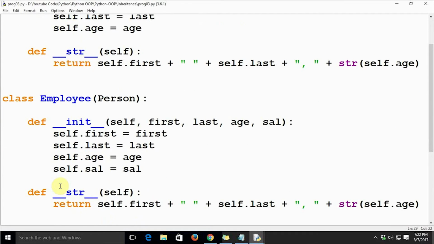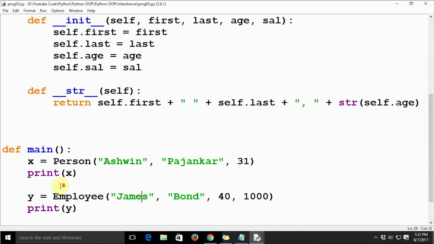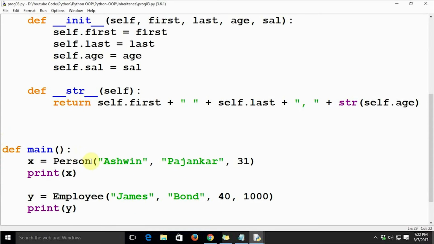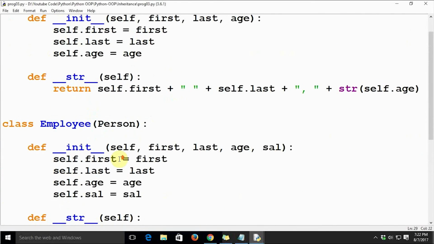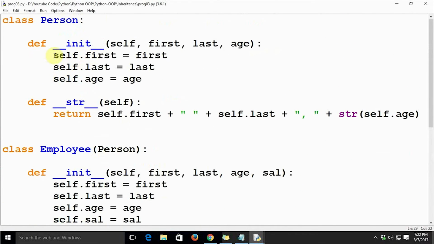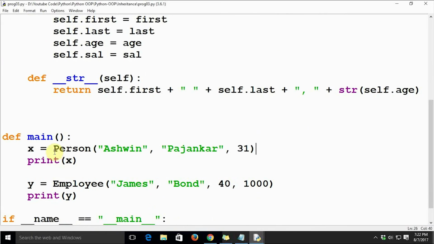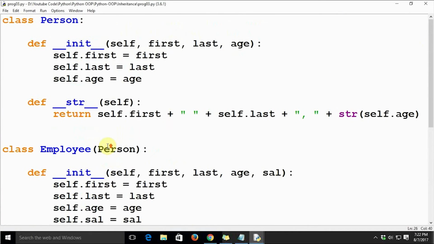Now let's understand why we call it polymorphism. Essentially it is the way we are invoking these methods. Init is nothing but an initializer method, so we are passing a few parameters to it. We are passing a different set of parameters to the class Person and to the class Employee, so it is actually assuming various forms. The signature of the methods is still the same, because both are still initializers only.